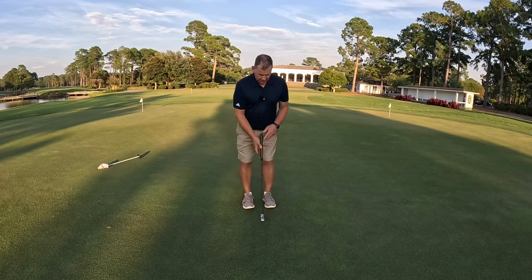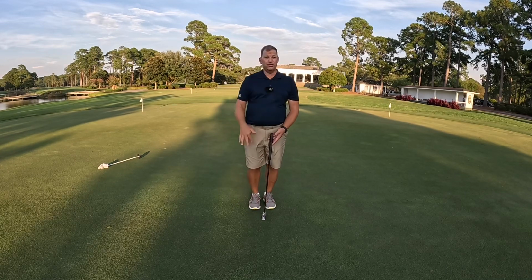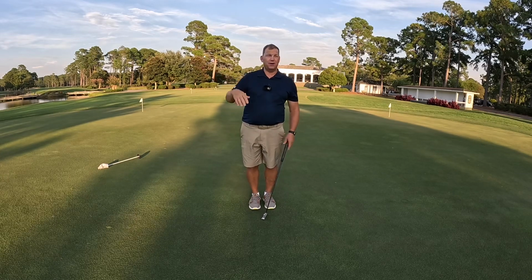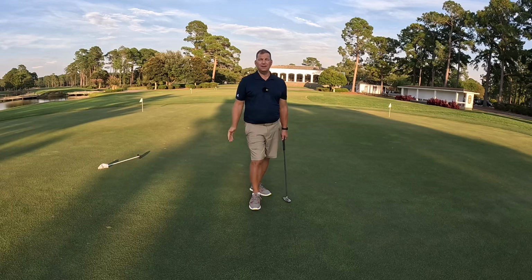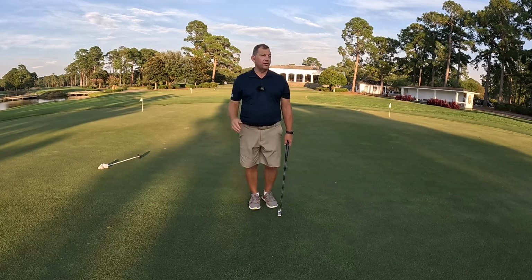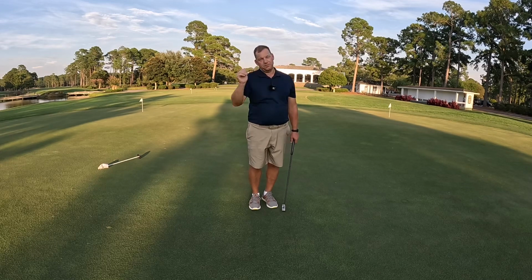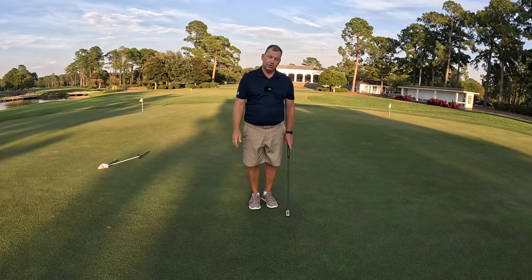Lining yourself up and grabbing your grip, that's your pre-shot. It's just like stepping onto a tee box. We all step back and we think about the shot that we want to hit, but it's about getting that ball to start on the line that you want it to start on, so that when you hit that cut shot, it falls back in, or if you're playing a little draw, it draws back into the pin like you're looking to do. So find your intermediate target, get the ball to start on that line,